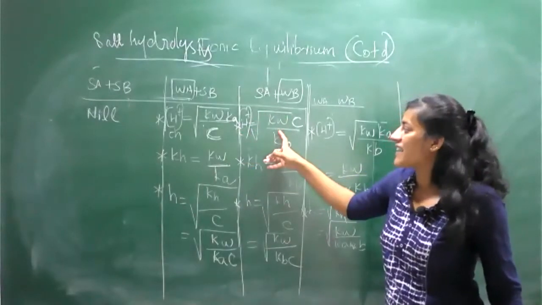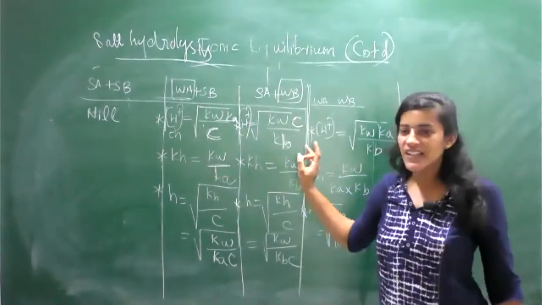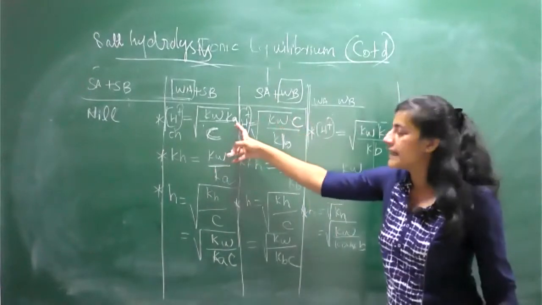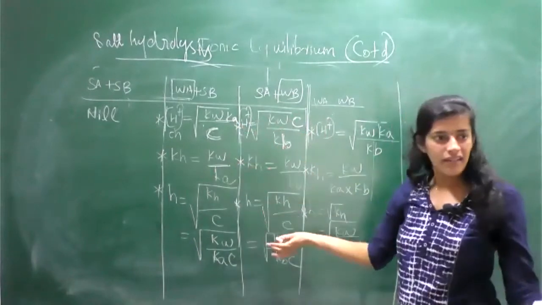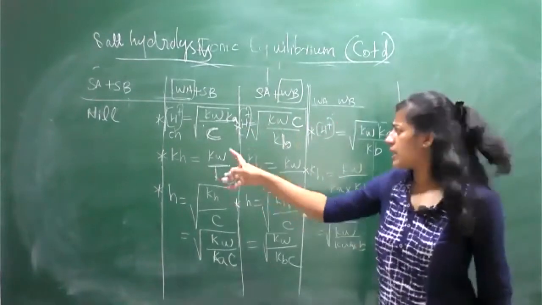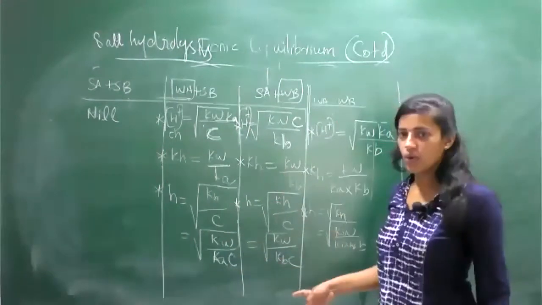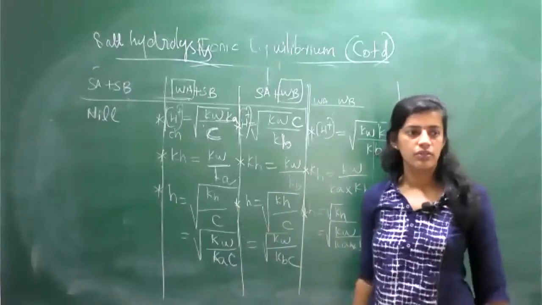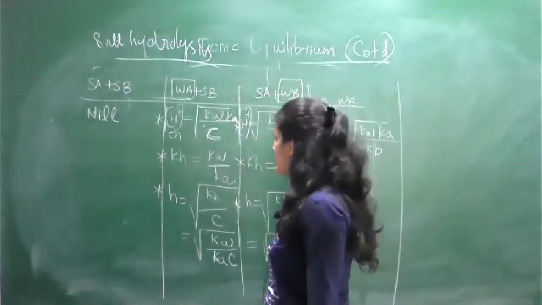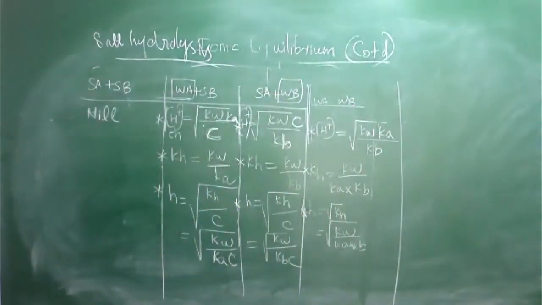Suppose you try to multiply, so Cc will get cancelled, no? So remaining Kw common, but take at least one Kw, then Ka upside divided by Kb. This is my point of view, a small clue. This one you can study, then the entire thing you will get automatically. No need to learn by heart. Just connect. Kw Ka divided by C. Kw Ka divided by C. This much is clear, the weak acid.